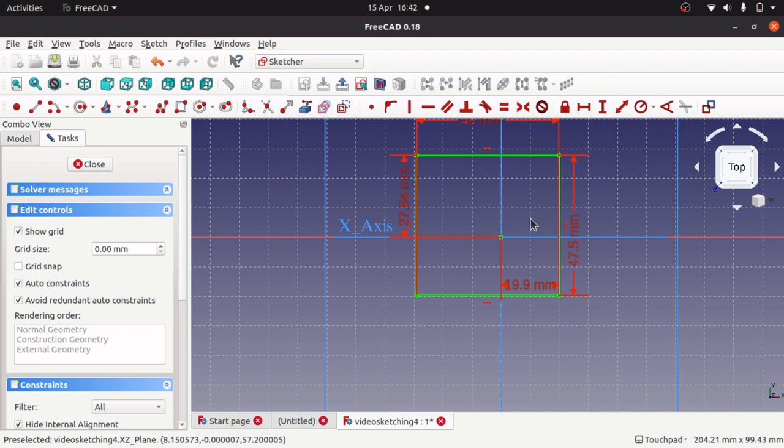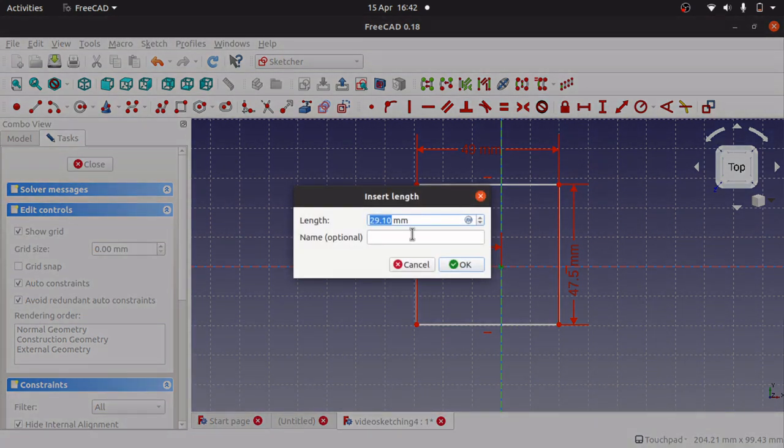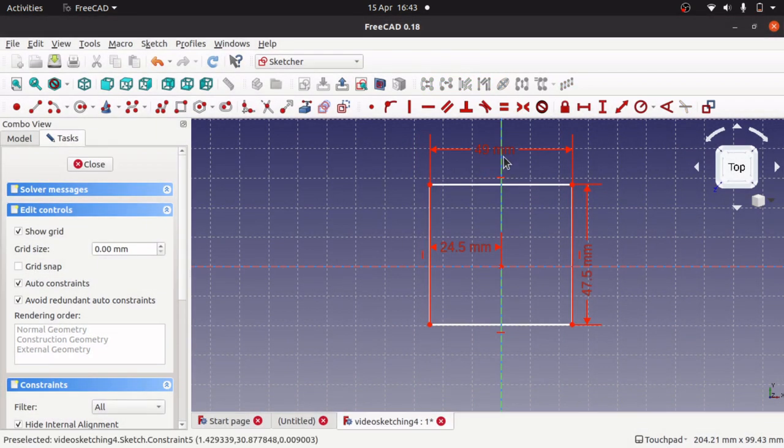Now I will go and constrain this back so this is properly constrained, but it's going to break my sketch, and I can demonstrate that by deleting these constraints and then putting a distance in here. And I'm going to do 49 divided by 2 because that's my top one here,